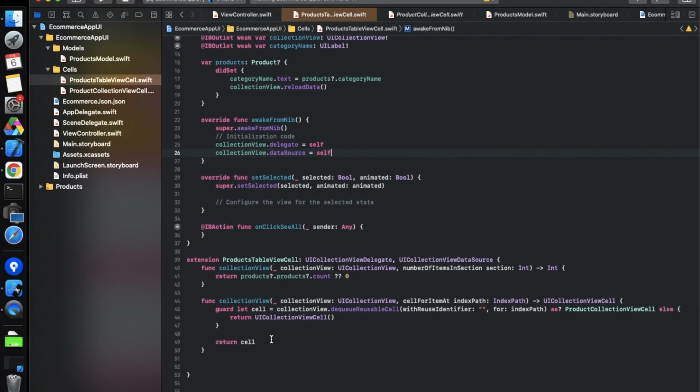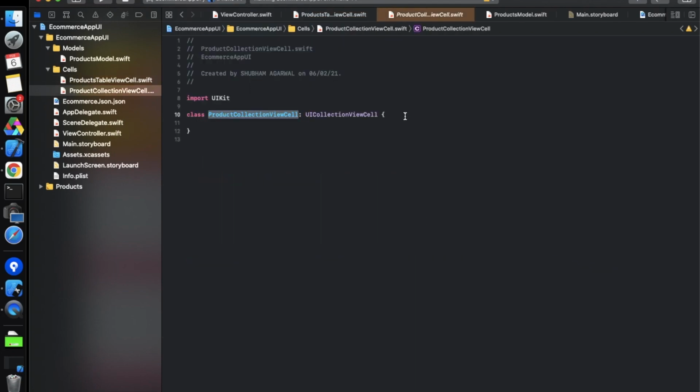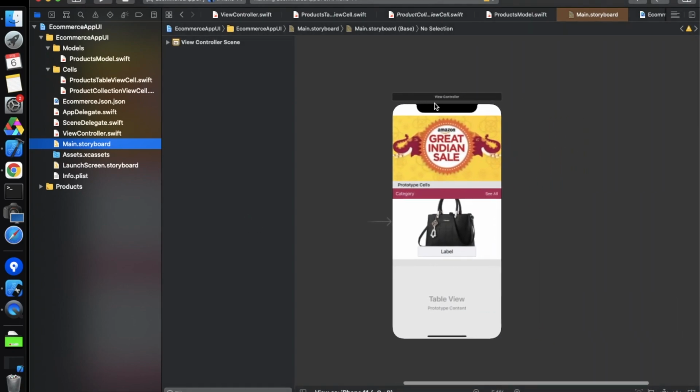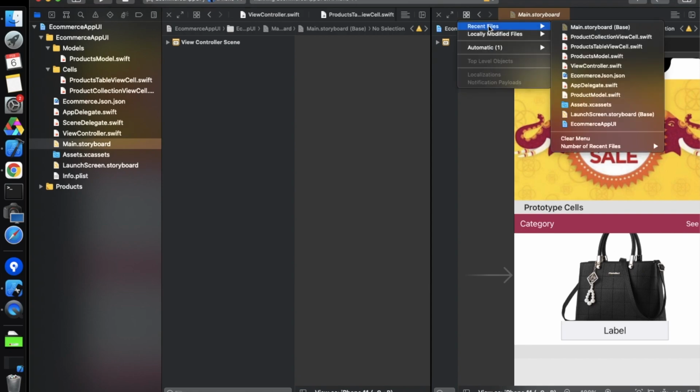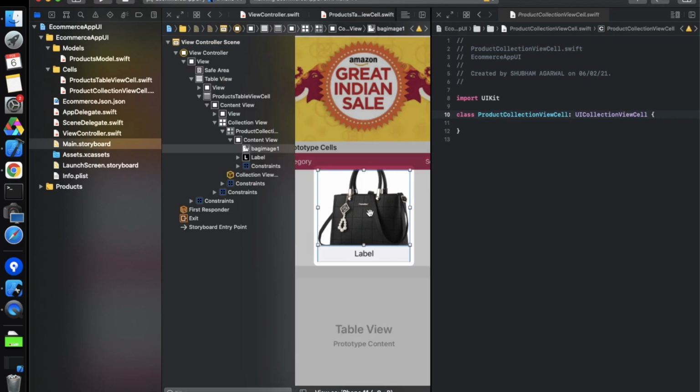Before running this, I think we can at least give the name to these collection view items. We have already taken outlets for the name and all the other stuff, but we didn't take an outlet for this one, so let's take an outlet and then we will look at this. Okay, now let's move to the collection view cell class, ProductCollectionViewCell. Now this is an image, so just take a simple outlet of img, or you can use productImage, something like that. It's totally up to you.